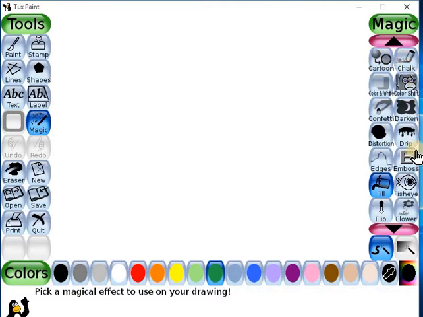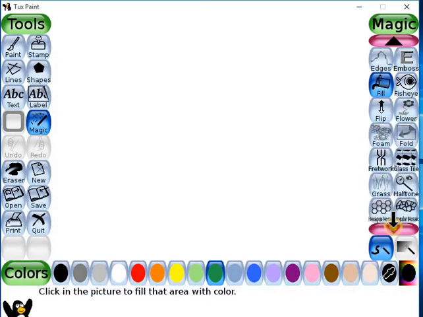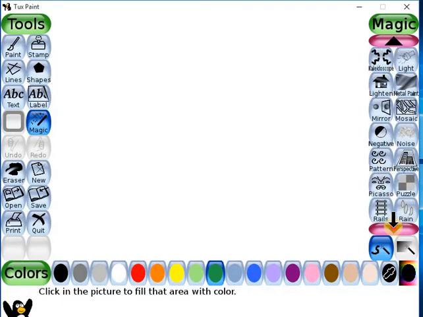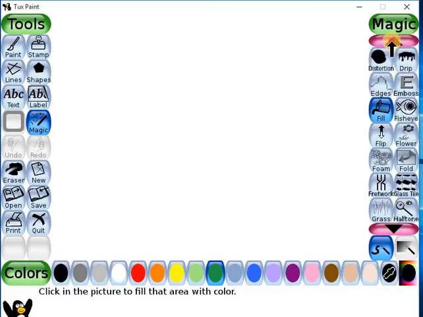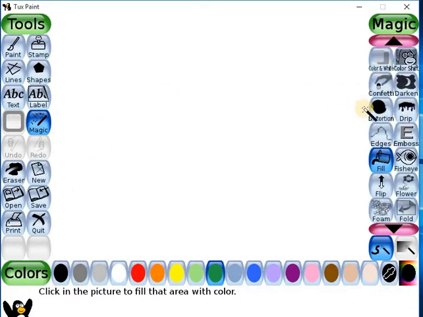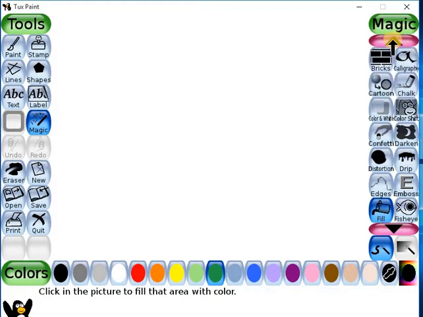The selector bar displays various magical effects which we can see by clicking on the down arrow key and up arrow key, like this. Let's take the first, the blind tool.